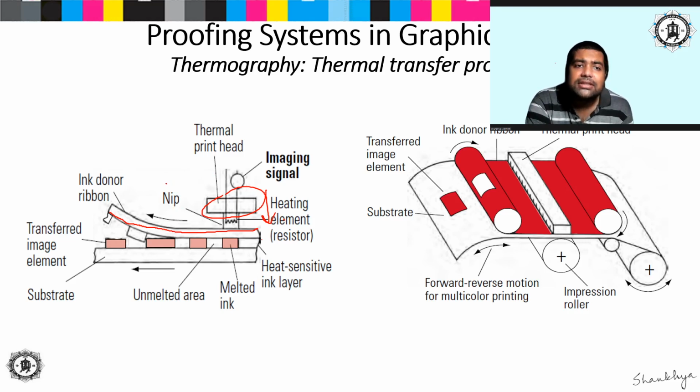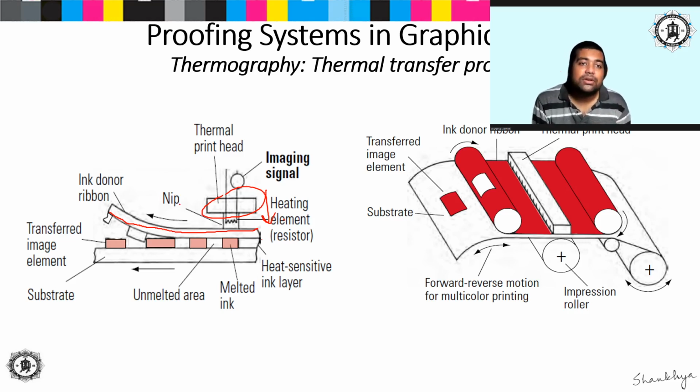As soon as the thermal print head receives the imaging signal, it gets heated up, comes in contact with the ink ribbon and touches the surface of the paper. Because of the heat, the ink is molten and transferred to the paper, and because it is molten ink, it is absorbed through capillary action onto the paper. The paper is simple paper. After the ink is absorbed into the paper, after some time the ink dries. After the release of the imaging signal, the head cools down, moves on to the next area, and the same process is repeated. This is how the printing process is usually done.